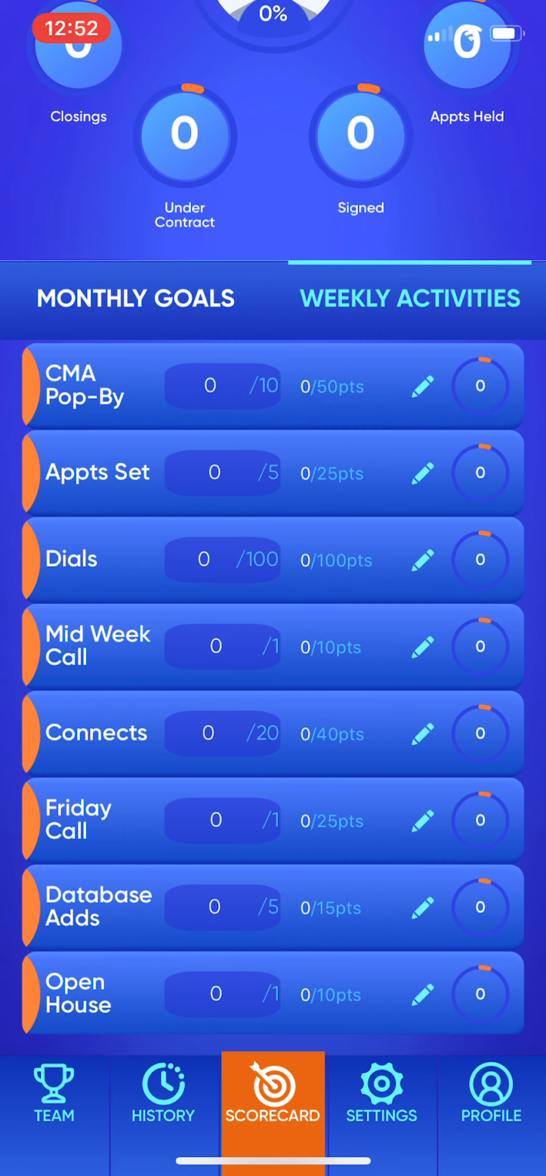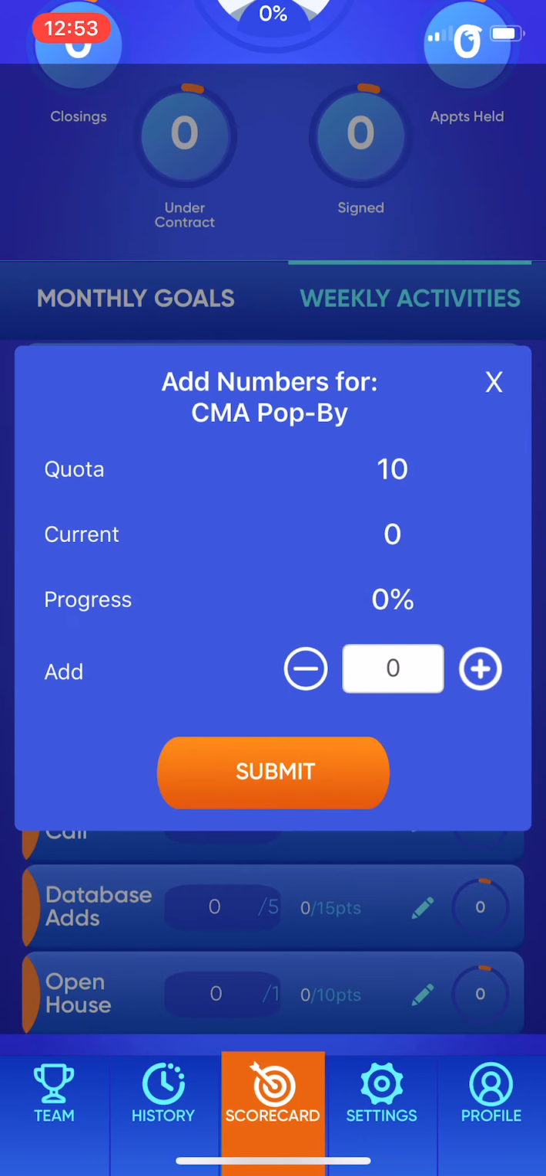Then beside that, you'll see a point system. So what we've done is basically given a certain value to each activity you do up to a certain number. So let's say you do a CMA pop-by. All you're going to do is go ahead and click on that line, and now you can add a CMA